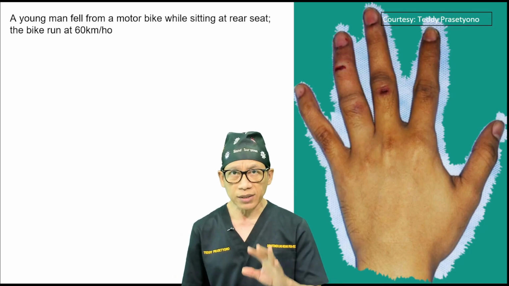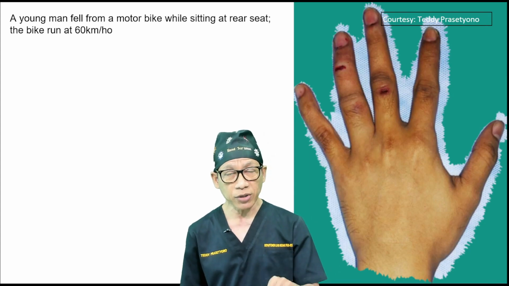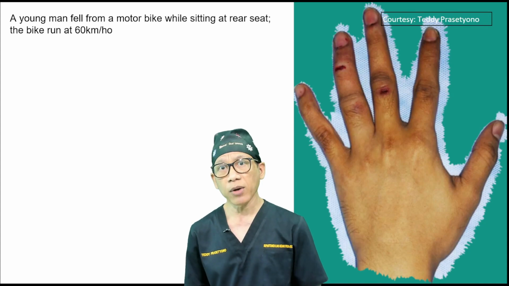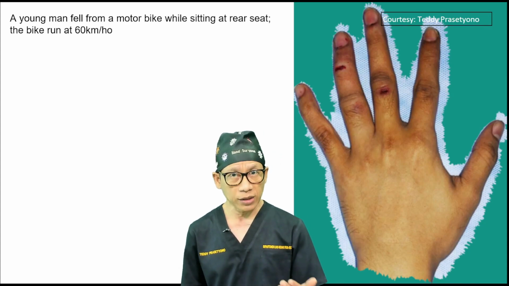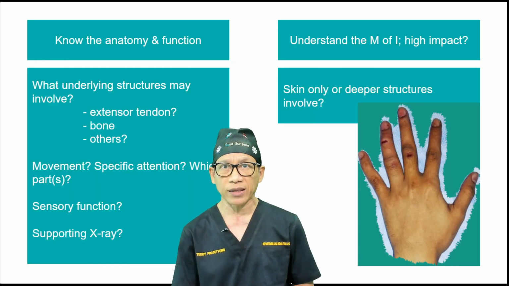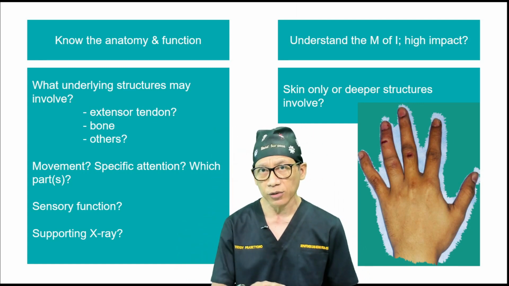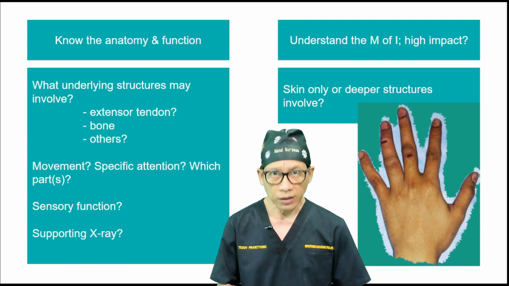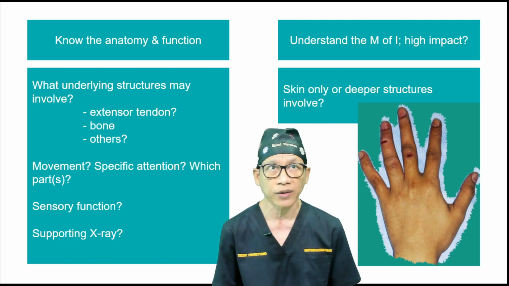Beside the tendon, the system of the extensor tendon, you may deal with deeper structures at the dorsum part. What are they? Of course, the bone and also the joints, depending on the level of the trauma. It may involve only the bone, but it may also involve the joint. Other soft tissue structures may not be that important, but the venous structures at the dorsum are structures that you may consider. The volar side may have different orientations of structures of the fingers.